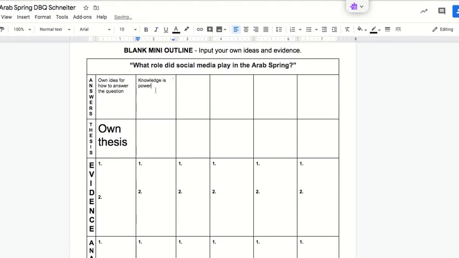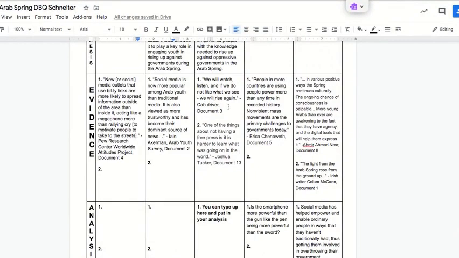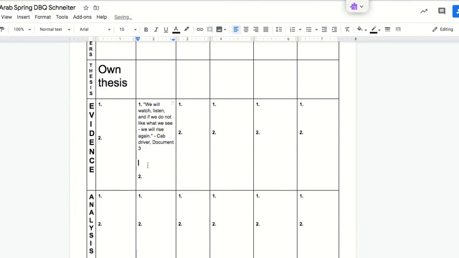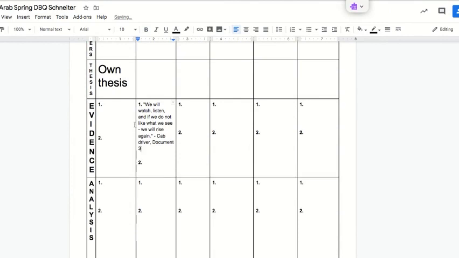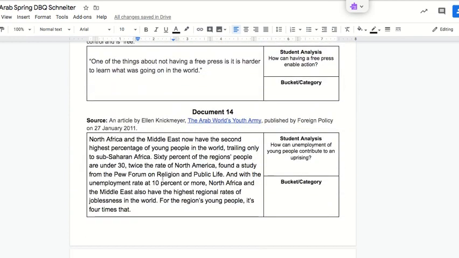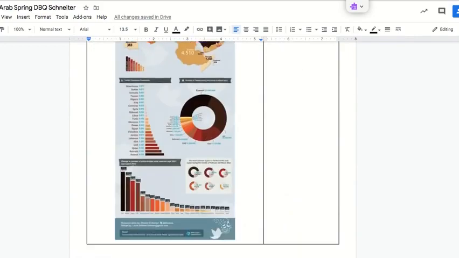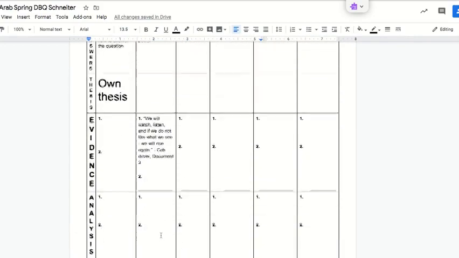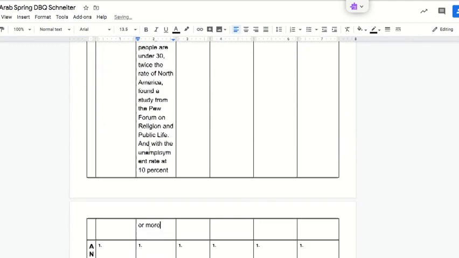But what you can also do is you could say, well, I really like this answer. And so you could copy and paste it. You like knowledge is power. Maybe you like this first quote that backed it up. But maybe you decide you want a different second piece of evidence. And so you decide to go up and I think this one kind of speaks to it. Maybe you decide to take a look at this piece of evidence. And you can use this blank outline down here to kind of build out your essay.